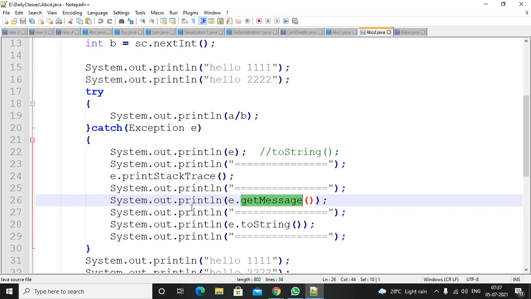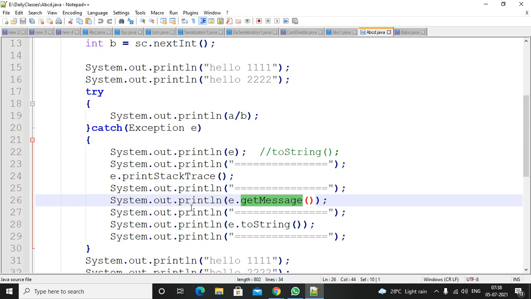Like that, yesterday we discussed from the main method to the m1 method, m1 method to the m2 method, m2 method to the m3 method. Inside the m3 method, if there is some code, the code will be executed. If the code is completely executed, so m3 method is completed, then it will remove the m3 method from the stack and go to the caller method. That means who called the m3 method, that is m2. So m2 will be completed, right? Like that, m2 is completed, then it goes to the m1 method, that is the caller method. m1 is completed, then it will go to the caller method, main method. Main is completed, then it will go to the JVM, right?